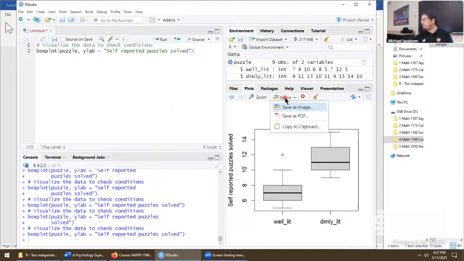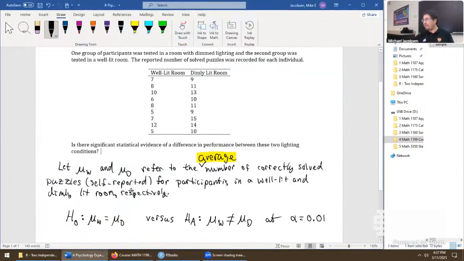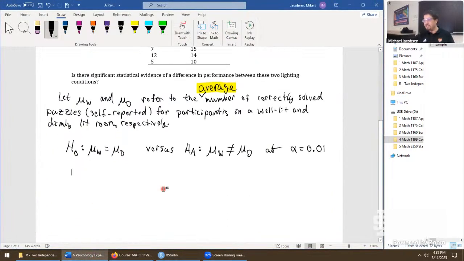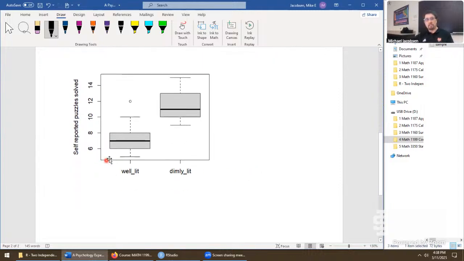Now you can either hit export, copy to clipboard, copy plot, go back here if you're thinking about writing out a report in this kind of way. And here's our first graphic that we have so far. Some concerns here. We show that the data is trailing off to the right on the upper end, majorly on this group. On this group right here, the middle line is M for median, or the 50th percentile.